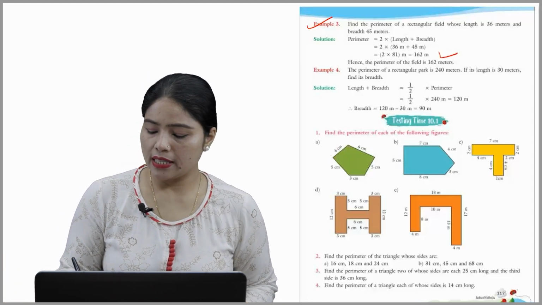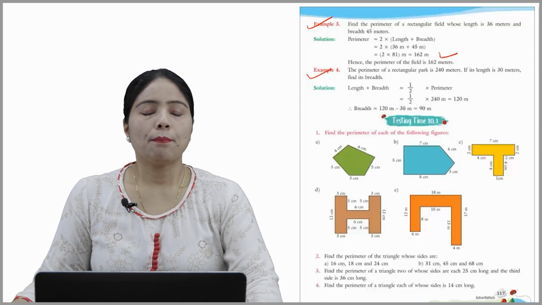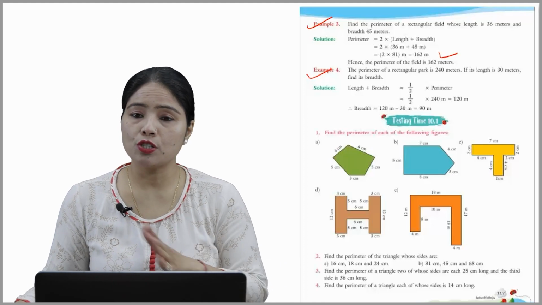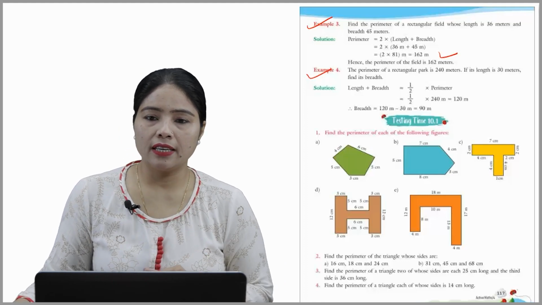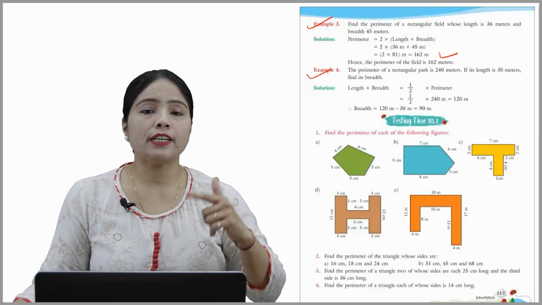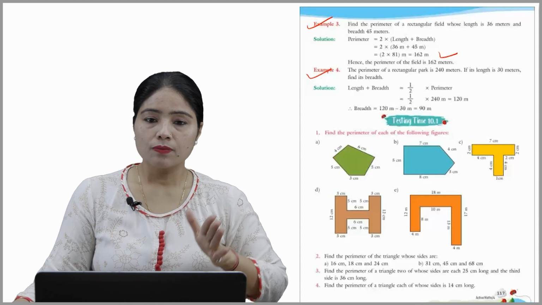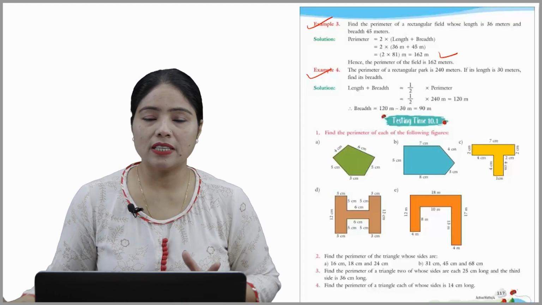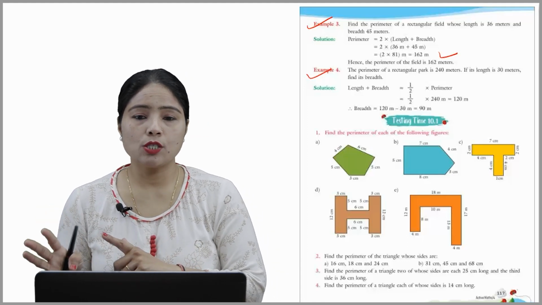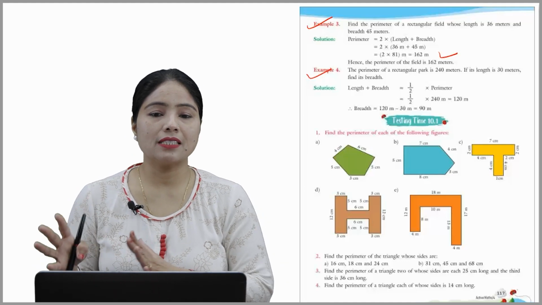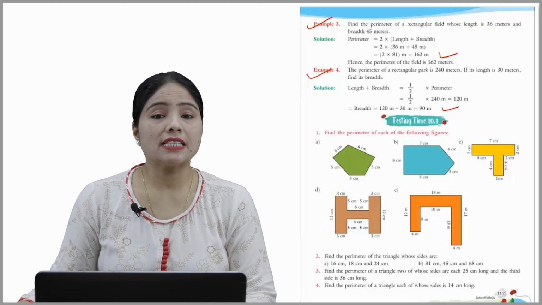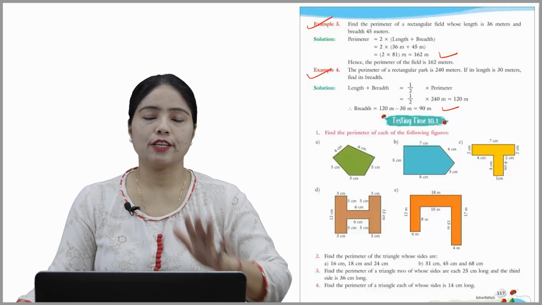Okay. So now see the example number 4 also. The perimeter of a rectangular park. There is a park which is rectangular in shape, is 240 meter. Perimeter is given there and the length is given 30 meter. Now we need to find out its breadth. So for that we just write length plus breadth is equal to half into perimeter. So that means half into 240 is 120. So for breadth we subtract 30 from 120. We just get the breadth, beta. Okay, so this is how we find out that kind of sums.